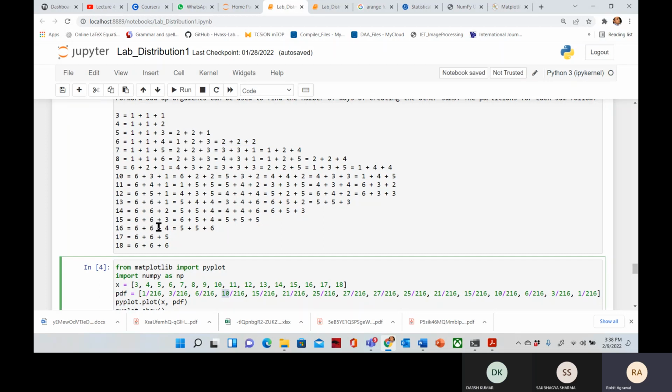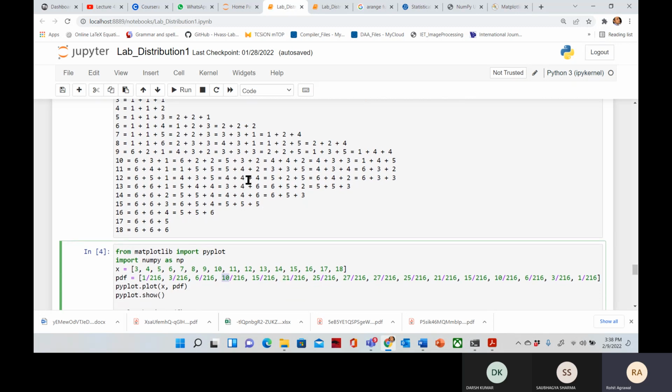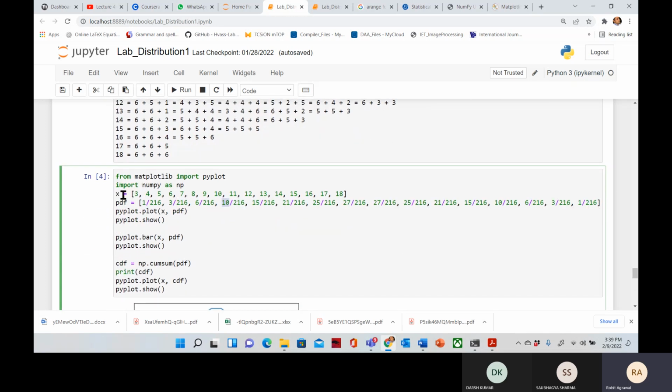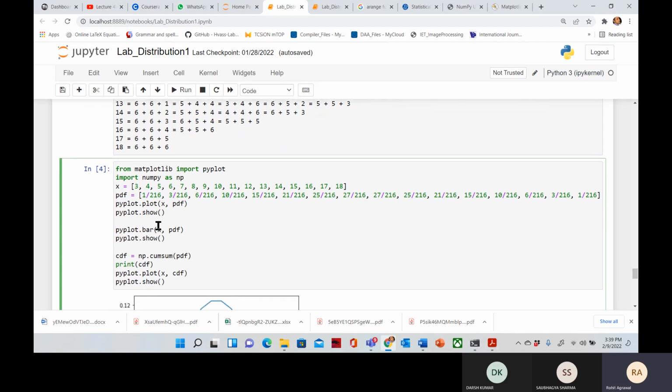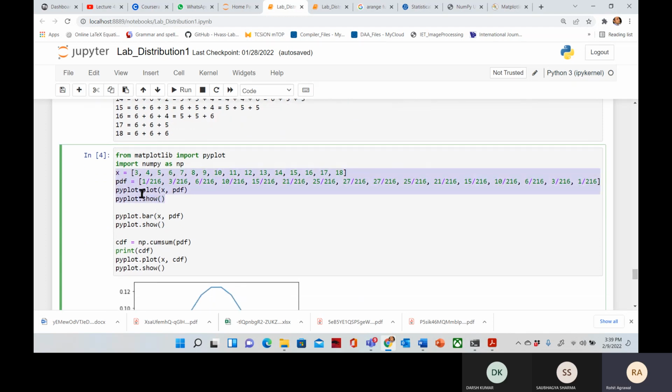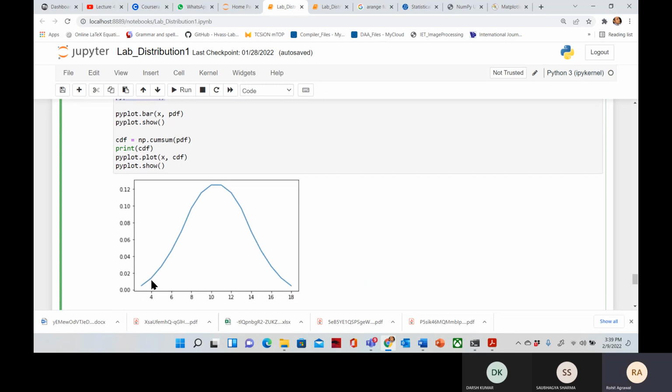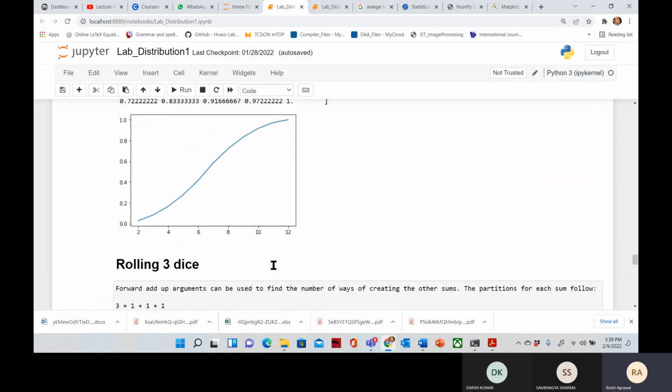So in this way we can write all the probabilities. This is, you can say, the shortcut using the permutation combinations theory. Otherwise sometimes we forget any one of them. So we have written the x value, we have written the probabilities, and then we just plotted them. Now look, this is your graph. Yes or no? Yes.